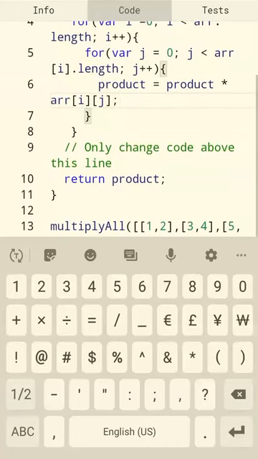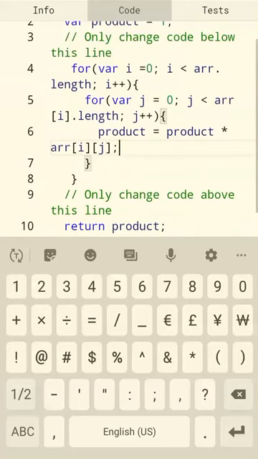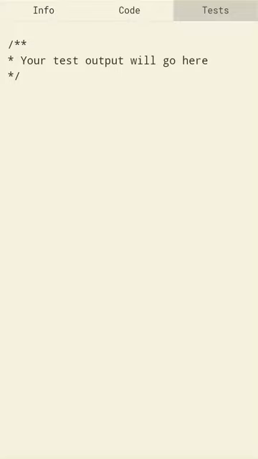That's what I was doing, which I explained with the numbers, how I arrived at number 6 for the first array and 54 for the third nested array. So product equals product multiplied by array I and j. Array I for the main array and j for the sub array.